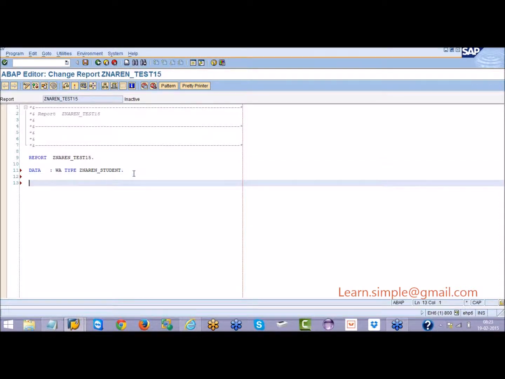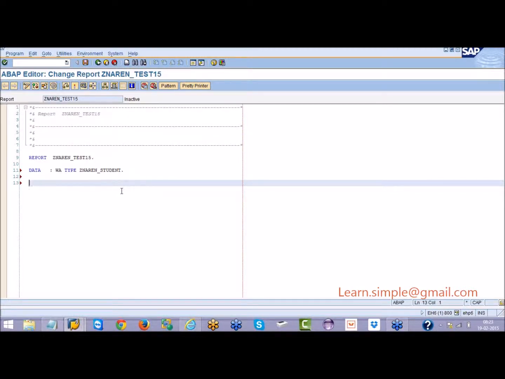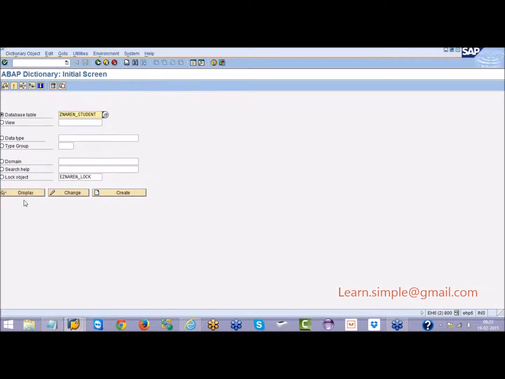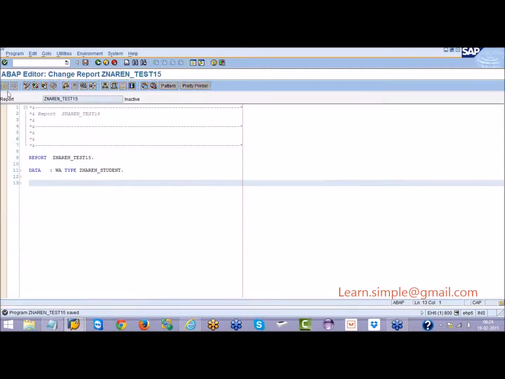The example we already saw yesterday. Now what is my intention? I have several records in this table. For example, I will go inside this table. I have already seen some entries in this table. I want to bring any one of the entries into this work area.